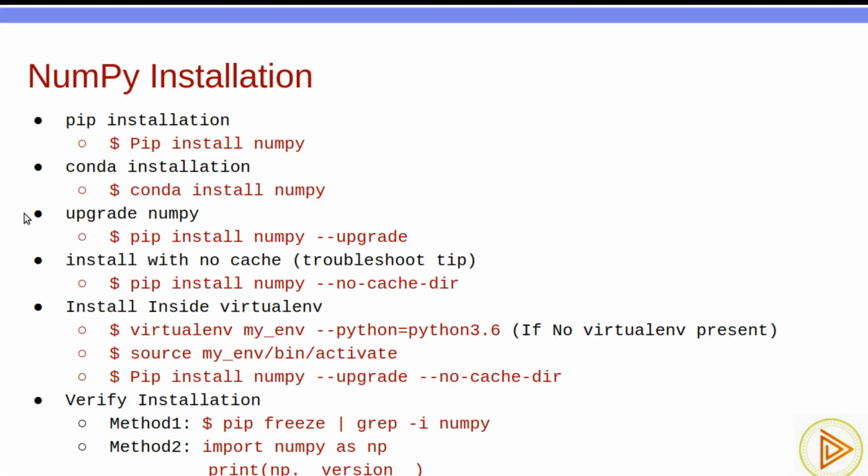So let me go back to the slides. And here, till now we have discussed 5 points. One is what is NumPy and its homogeneous property, and Python list versus NumPy arrays, and then ecosystem and installation process. Till now, if you got any doubt, please comment. If you face any installation error, also please comment. I'll try to respond to all the comments.